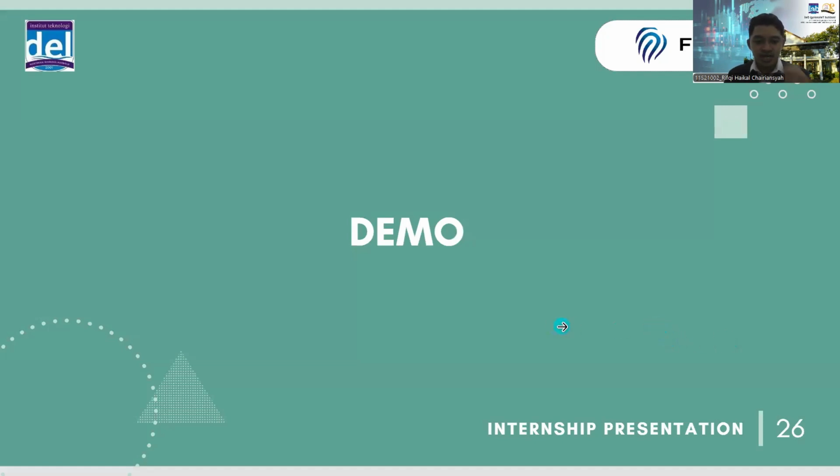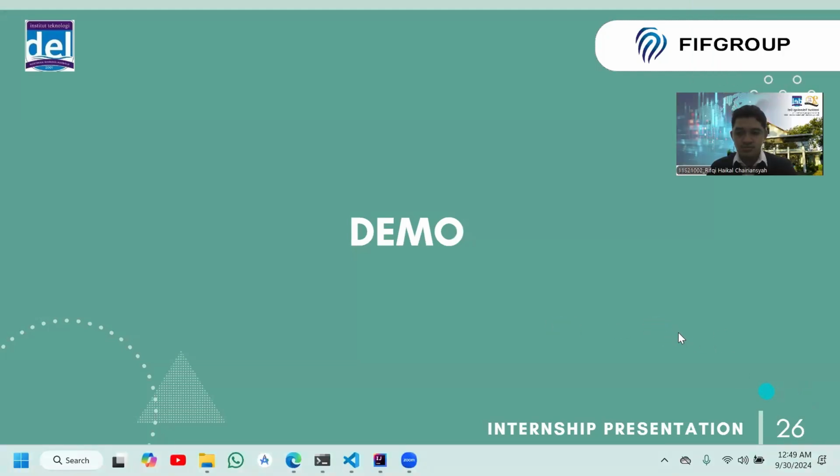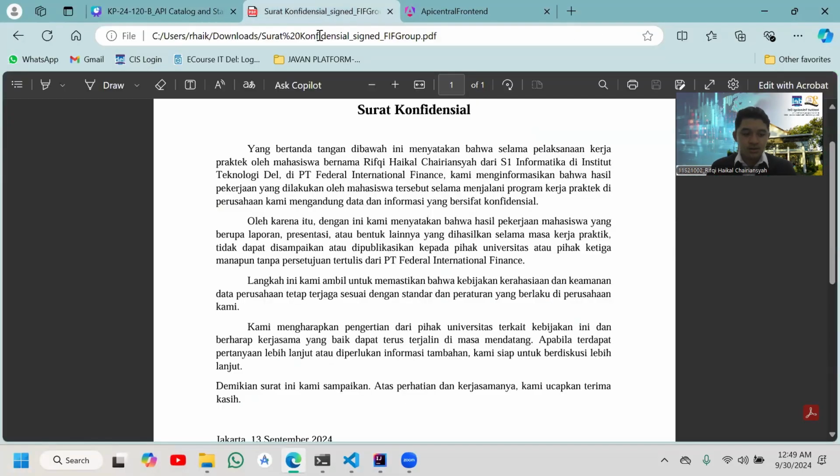And then we're going to the demo here. But we need to read this letter first. This letter serves to inform that the result of our internship, the conclusion is, we hereby declare that the students' work, including reports, presentations, or any other forms produced during the internship, cannot be submitted or shared with the university or any third party without written approval by PT Federal International Finance.